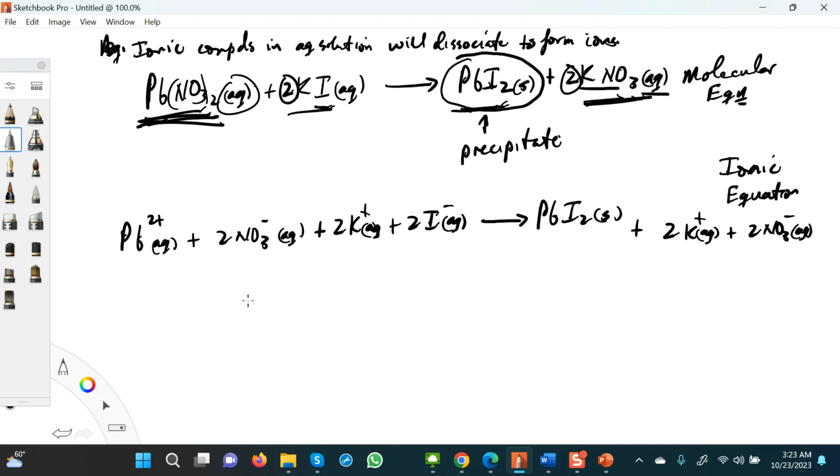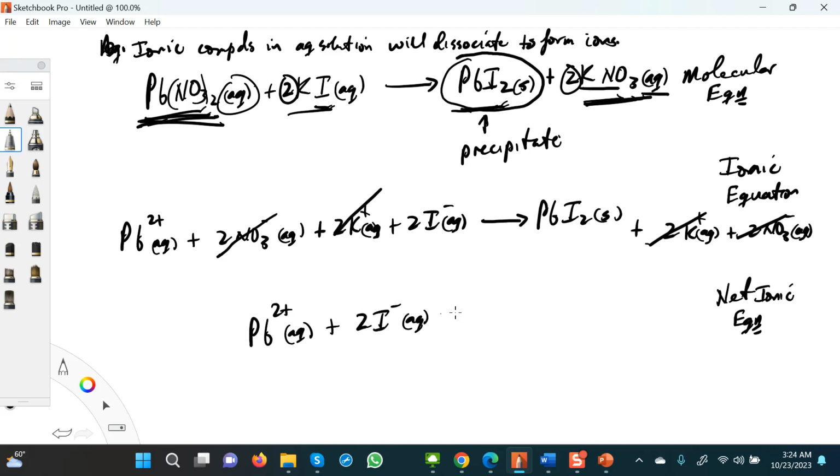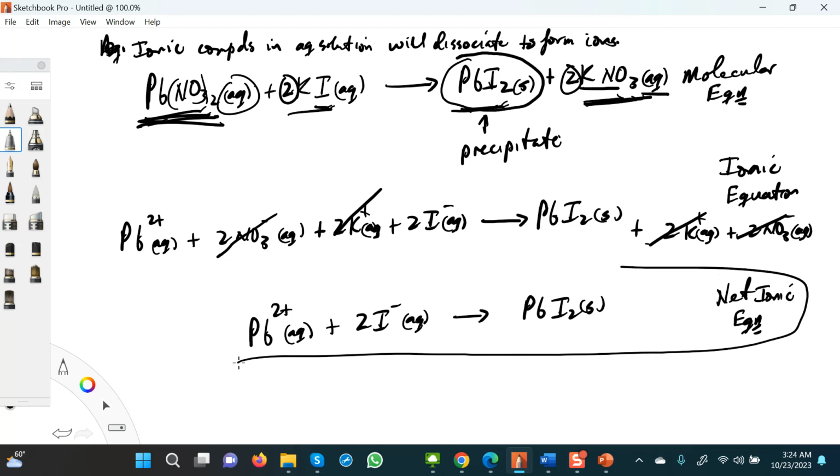Now, again, referring back to what we saw earlier when it comes to the neutralization reaction example that we looked at, remember that in order for us to get the net ionic equation, we have to cancel out common ions on both sides, right? The identical ions on both sides we need to cancel out. And if you examine this ionic equation carefully, you'll see that we have potassiums here and here, so those will cancel out. And we also have the 2 nitrates here canceling out with the 2 nitrates here, all right? So basically, the net ionic equation will be what is left, which will be Pb2+ (aq) plus 2I- (aq), and the final product would be PbI2 (s) on the right side. And this would be the net ionic equation for a precipitation reaction. All right? Okay, so much for